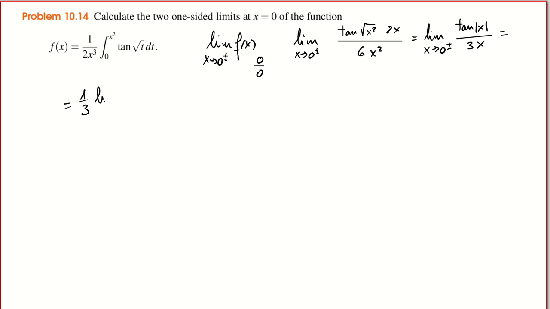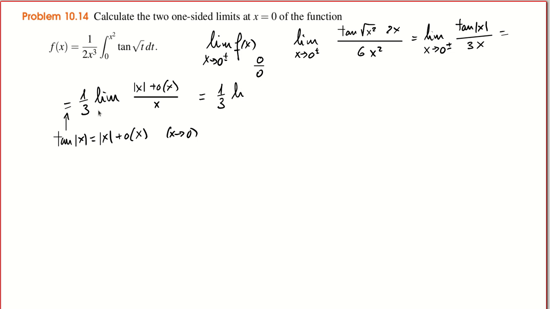of the limit, and we can use the fact that the tangent of the absolute value of x is the absolute value of x plus o of the absolute value of x, right? o of x, actually. o of x, right? Okay, so when x goes to 0. So if we substitute this, then what we have here is the absolute value of x plus o of x over x. And here we have 1/3 of the limit